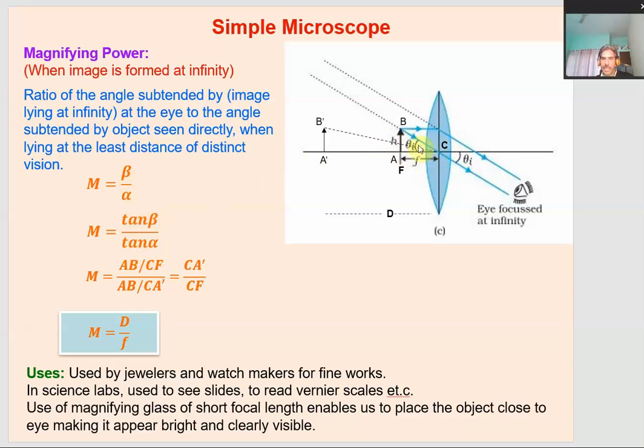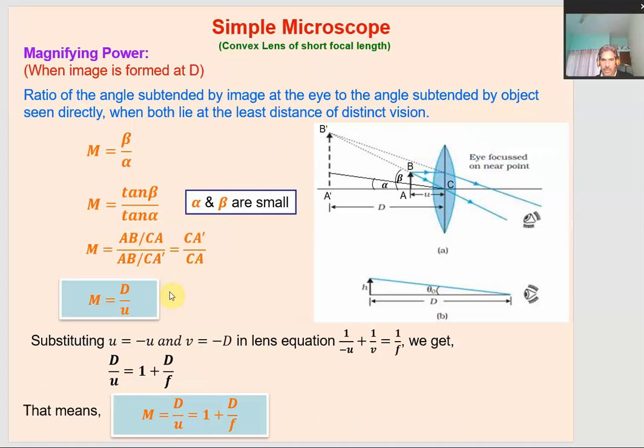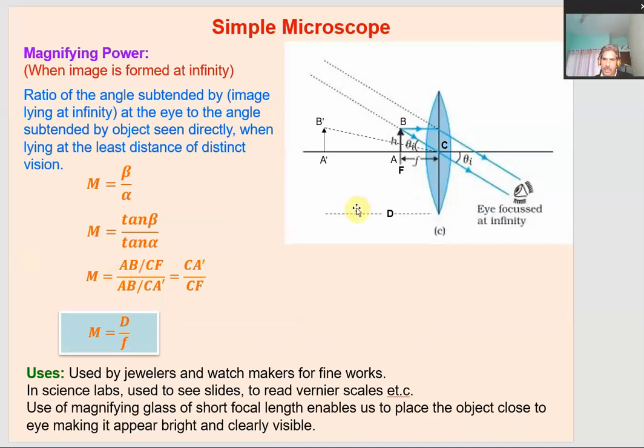So from here we again get this equation. Now because the object is lying at the focus, we simply write it as CF in place of CA. That is the only difference. Earlier it was CA because the object was not at the focus but closer than the focus, so we had to keep the notation CA. Here the object is already lying at the focus for the image to be formed at infinity, so we write it as CF.